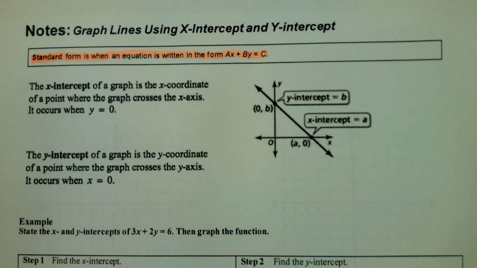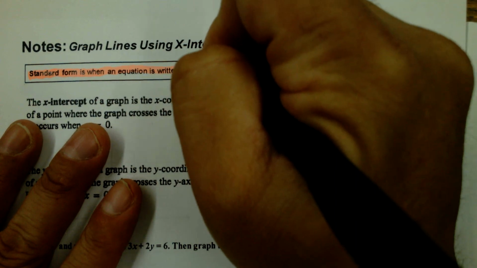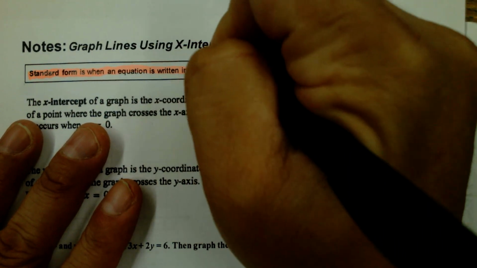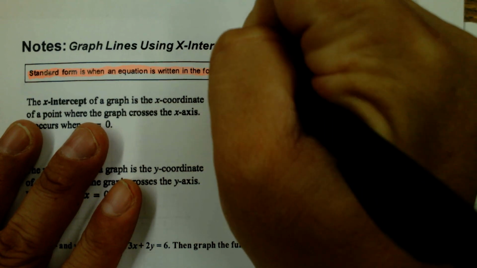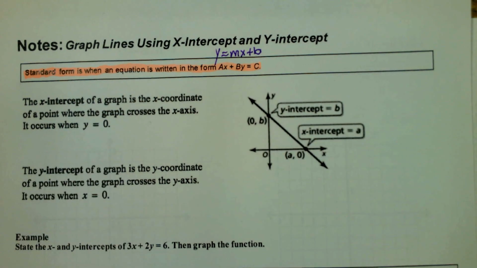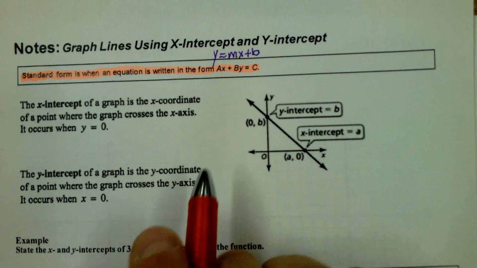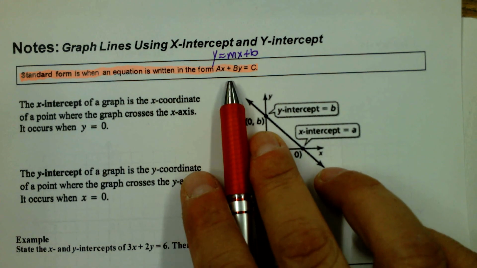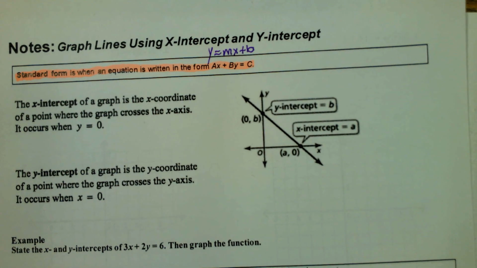So we've already learned one way to write a linear equation and to graph it, and that's slope-intercept form, which, as you all know, is y equals mx plus b. And there's a different one. It's called standard form. You can see it right here: A times x plus B times y equals C. So those capital letters A, B, and C,